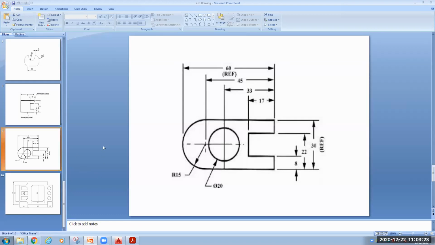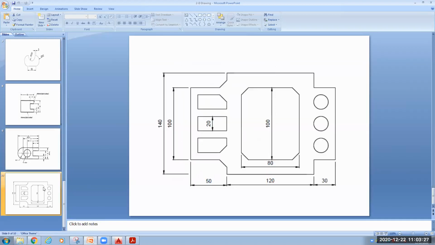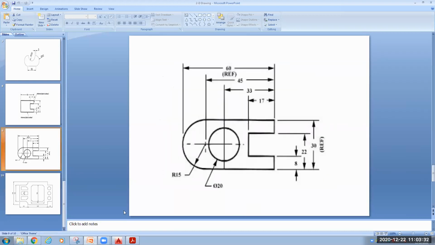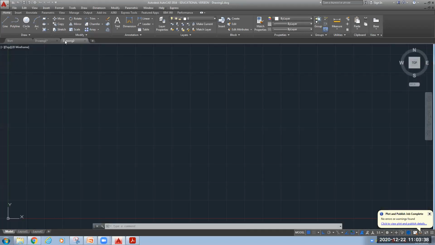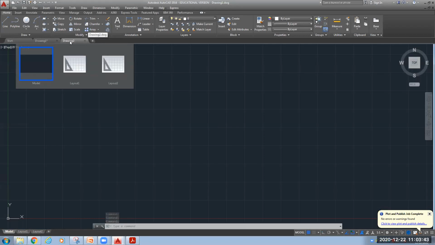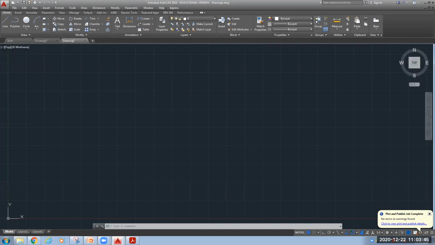So let's see how to draw this figure. We will do this one fast, and then the next figure will take some time. I will use this other tab, where the plus symbol is; from here I can make new drawings. This is drawing number 2 for today.